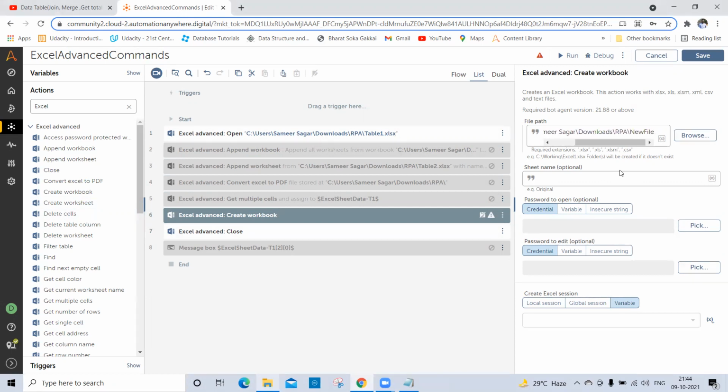And I'm passing the .xls extension here. Sheet name is optional here. If you want to pass the sheet name, you can pass it here. Also, if you want to protect the Excel file which you are going to create, you can pass your credentials here.